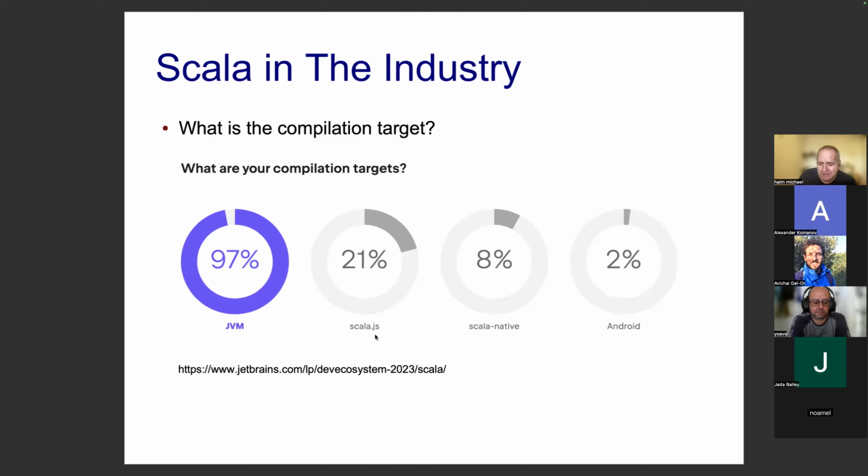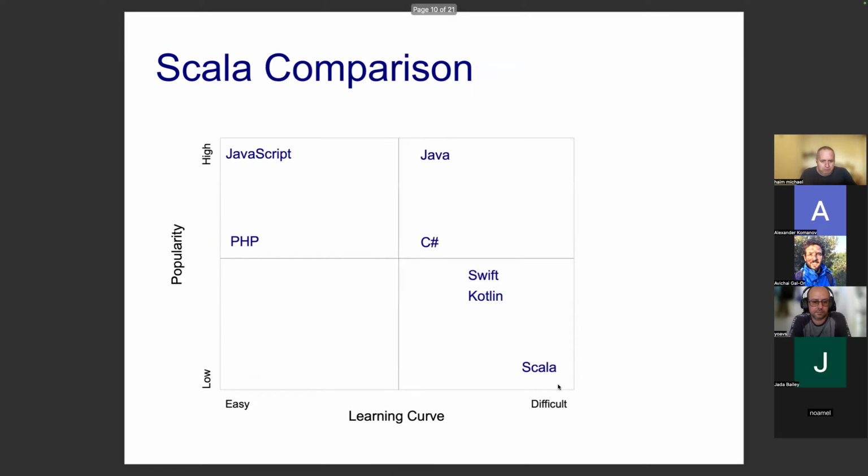And Scala Native is about coding in Scala and compiling it into native. Also something that already exists, and coding for Android, also something that I see as a gimmick, not as something serious to consider even. So moving forward, now let's talk about my attempt to compare Scala with other programming languages.